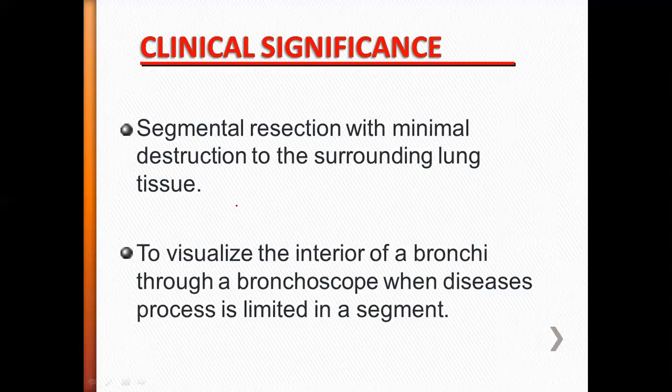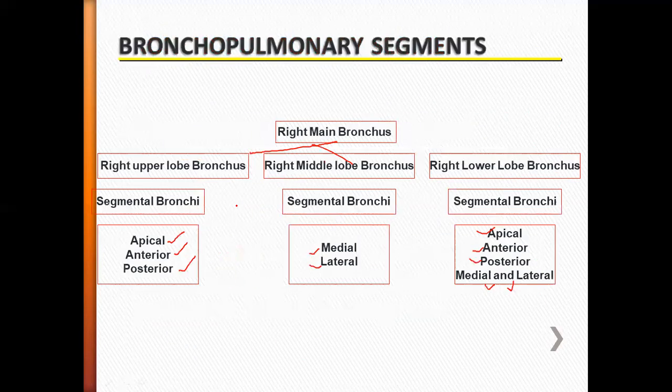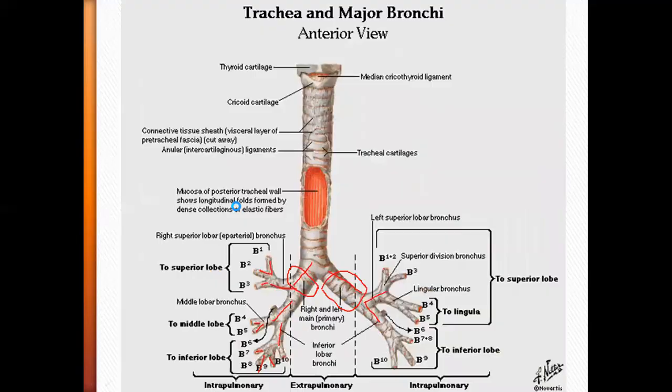And one more purpose is in case of bronchoscopy. If you want to see how far the disease has spread all over the lung, we can use it segment wise. You can use bronchoscopy and check it. For these two purposes, we are using it. So that's it about the entire anatomy of the lung plus bronchopulmonary segments.